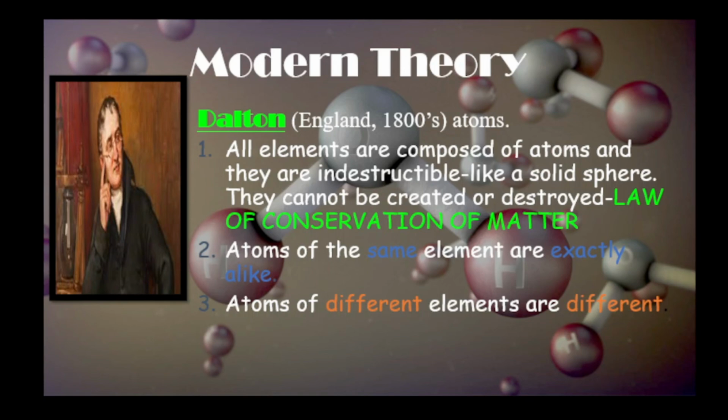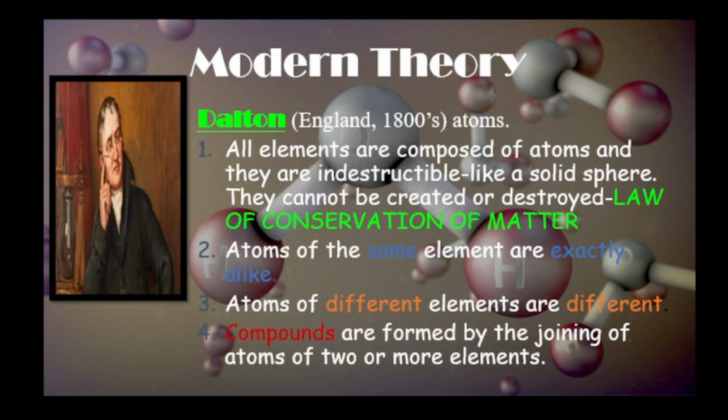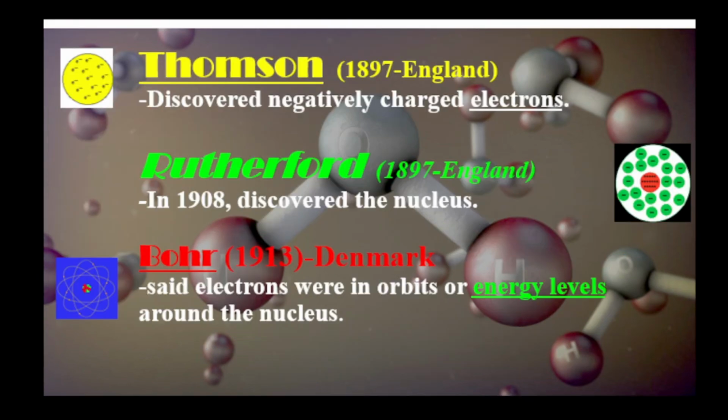Okay, next are the compounds are formed by the joining of atoms of two or more elements. So this is where they are able to come up with chemical formulas. Okay, so that is the modern theory. So aside from that, we have here the discovery of particles such as in 1897 in England, Thomson or J.J. Thomson discovered the negatively charged particles through his experiment of cathode ray, where magnet or negative charge or positive charge